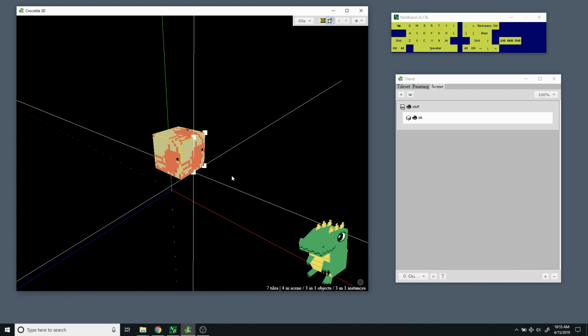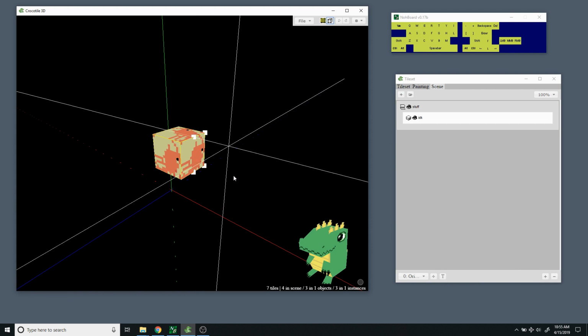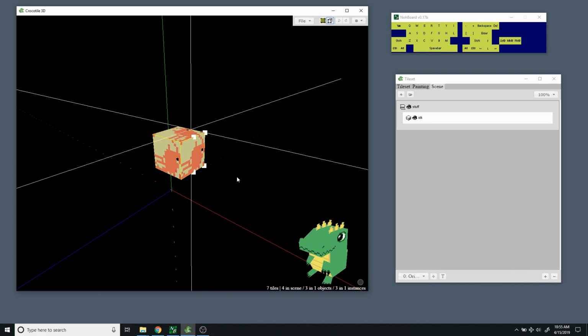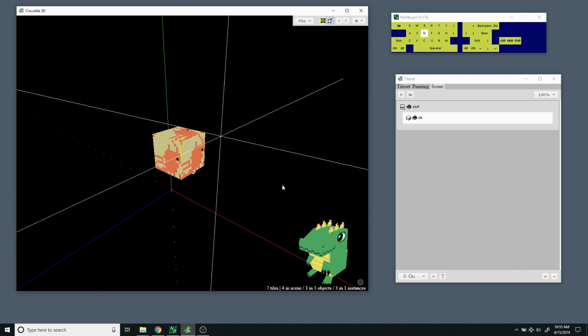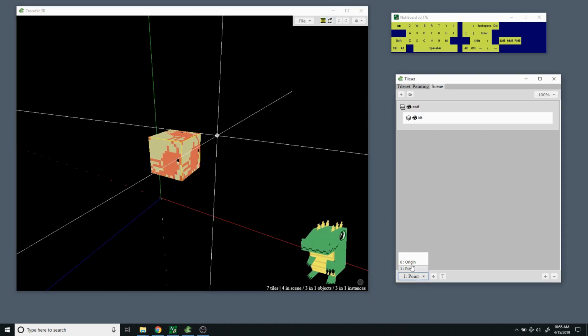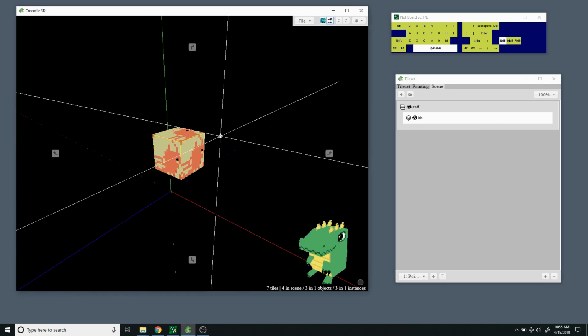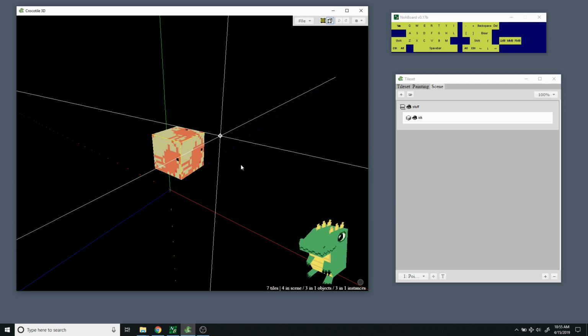So now I could also add other points. If you don't develop games, you probably won't understand why this is important, but you could add other points. Let's say there, I want another point. So now we have an origin point and we have another point, and then we could rename this point something like that. And then you could export that data, export instance data, I think it is, and then use that in your game development when you spawn those objects or whatever. But anyways,